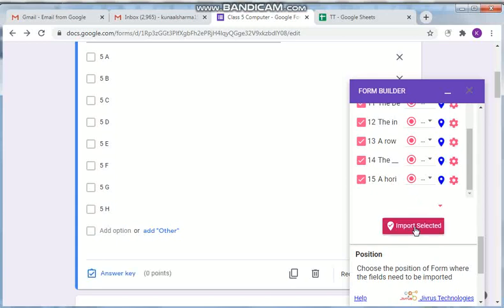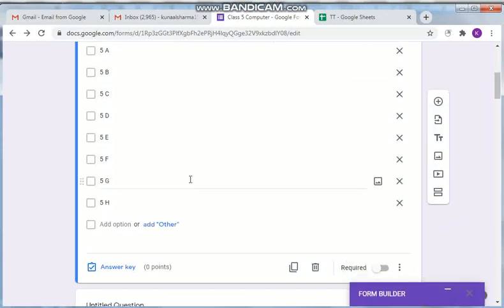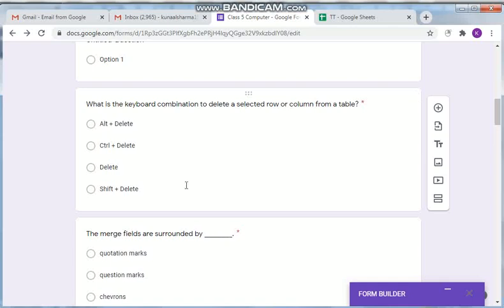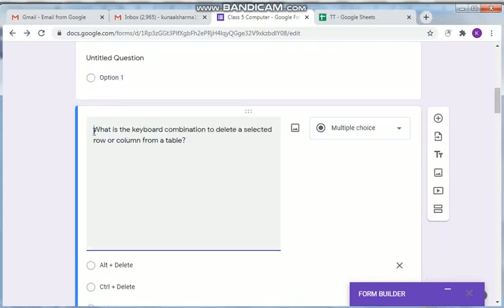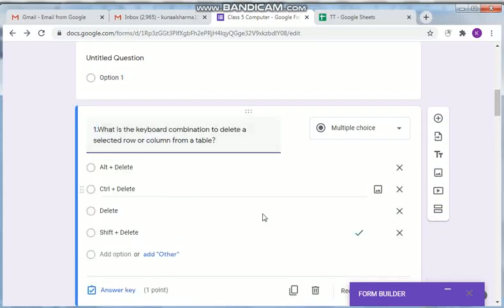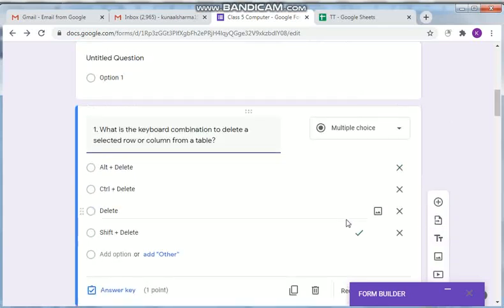Then you'll get the message imported successfully. Minimize this, and here see at the bottom I have the questions and answers ready for me. Only one thing you need to add: click on the questions and please add the numbers of the questions, 1 like this. Give a space, so please write 1 2 3 4 for all the questions. And see, already it is required. The answer key is also ready for you, this is the answer and here you have the answer. So this is how you can do it.